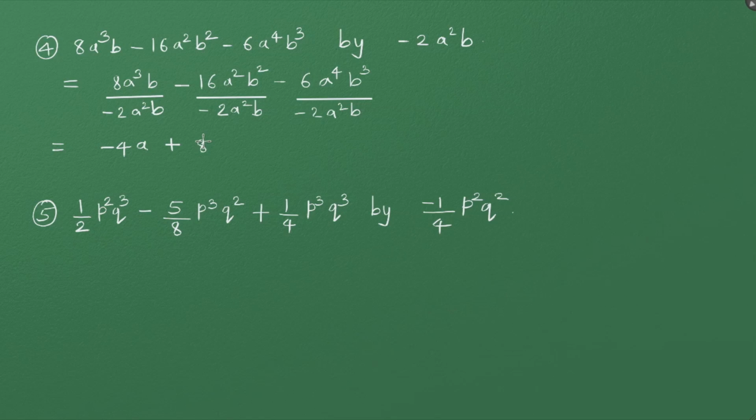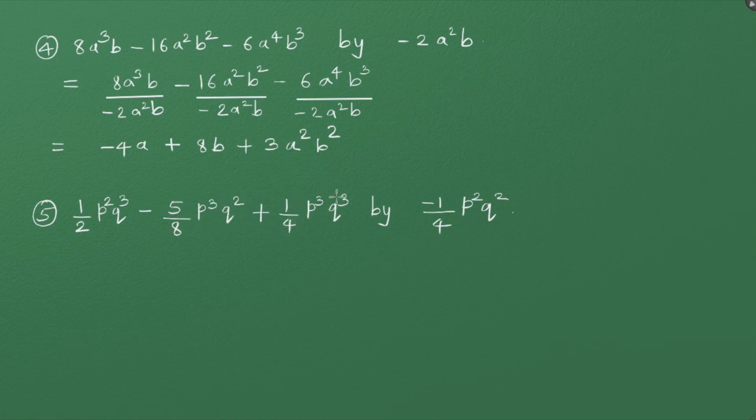Then here it is 8. A raised to 2, a raised to 2 is 1. B raised to 2 minus 1 would be b. Then again here plus 3. A raised to 4 minus 2 is 2. And b raised to 3 minus 1 is 2. Now the fifth one, 1 over 2 p square q cube minus 5 over 8 p cube q square plus